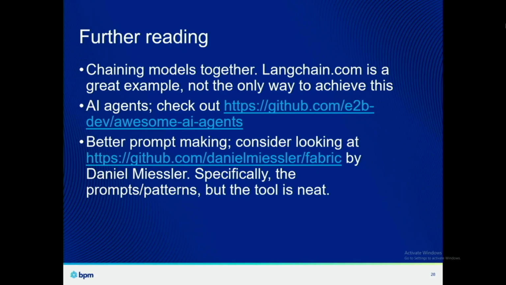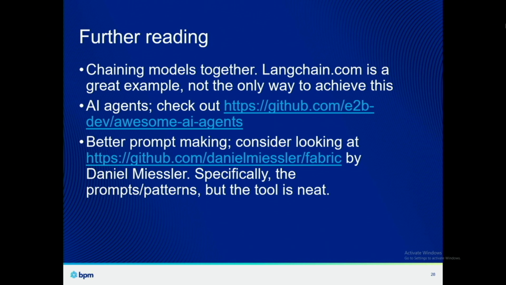So, last slide here, there is so much deeper you can go. I initially created this deck thinking I could fit all of it in, and it took me about an hour and a half to get through. So unfortunately, we've got the more pared down version here. Some initial thoughts though: chaining models together, having one model produce output and feed that directly into another model, and then having specialized models where this prompt propagates to and through. Very powerful. LangChain.com is a great place to start looking into that, but there's a lot of ways to do this with local models and be very efficient with it.